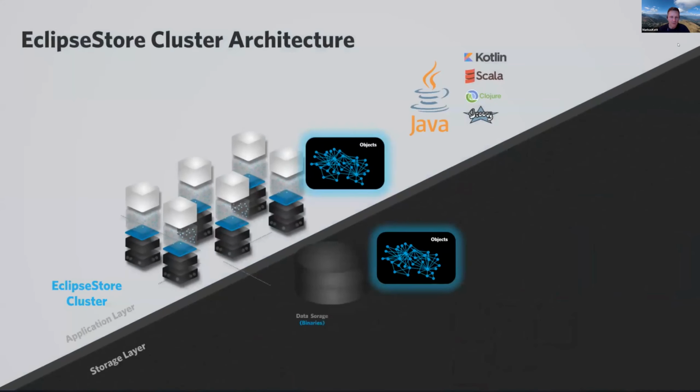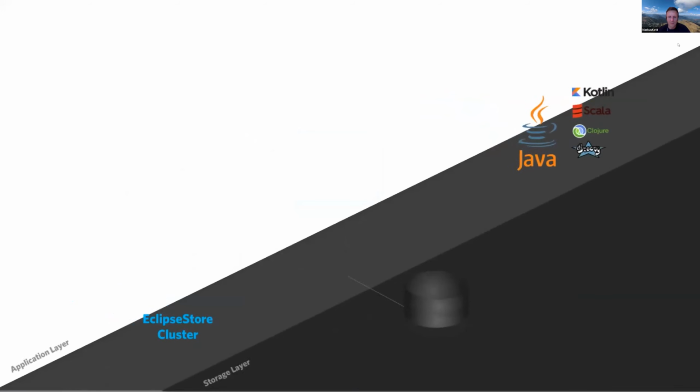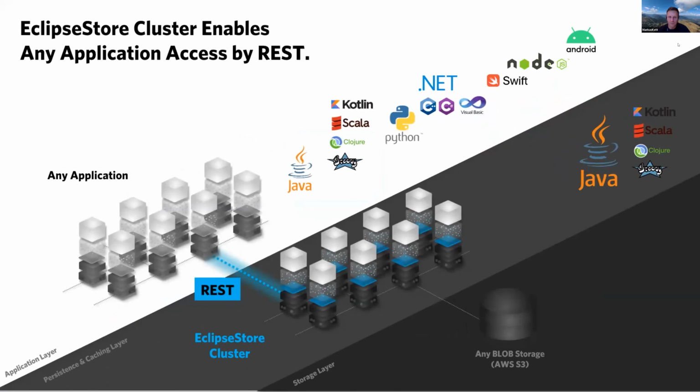If you run an EclipseStore cluster like this, these cluster nodes would be stateful. But if you want to build stateless applications, you want to combine this with AWS Lambda, for instance, so with serverless functions, you can do this as well. Then you can run an EclipseStore cluster, and you can query the EclipseStore cluster by using REST or GraphQL,